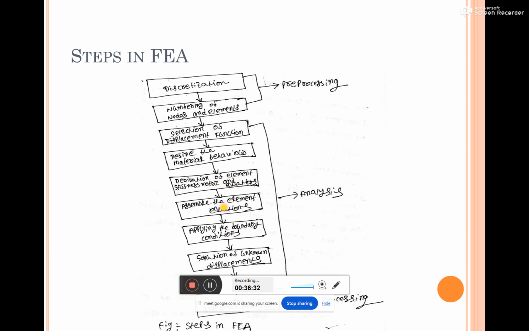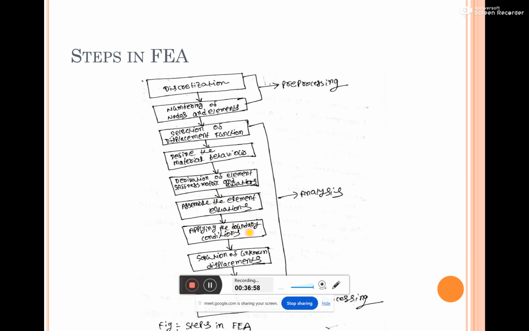And after that, whatever equations you develop for these smaller individual elements, those individual element equations we will club and form one global equation, that is the assembly of the element equations. After development of the entire global equation, we have to apply the boundary condition. For example, I am taking the